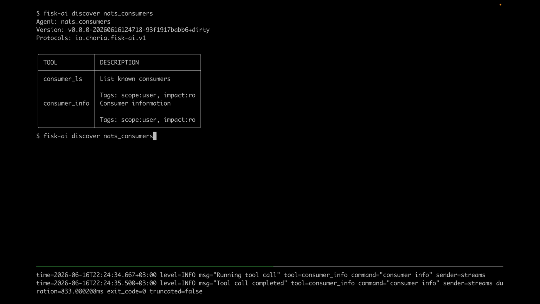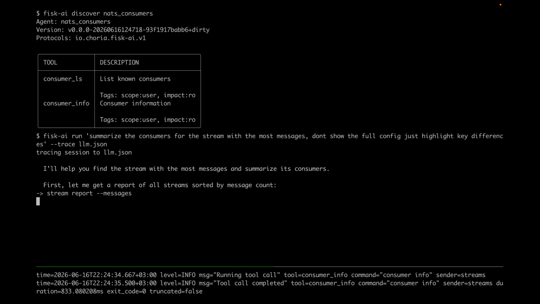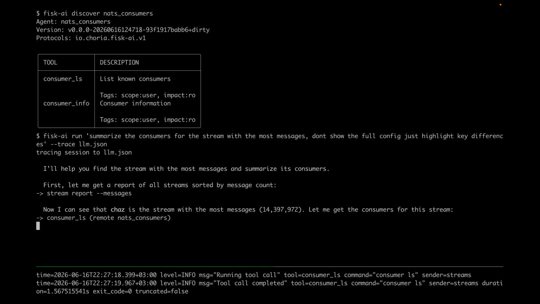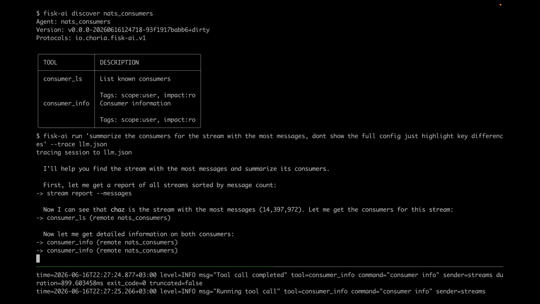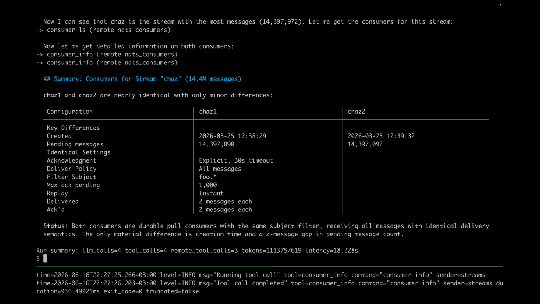I've also done something else that's quite interesting actually. Let's say trace llm.json, and it's going to trace this entire session into a file that's JSON lines. LLMs are extremely inefficient. It's not good for your blood pressure to look at a full trace of an LLM conversation. But if I say cat